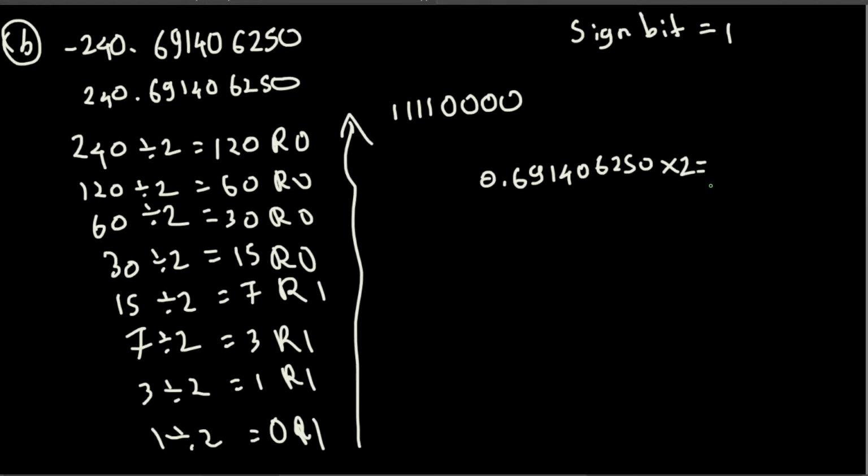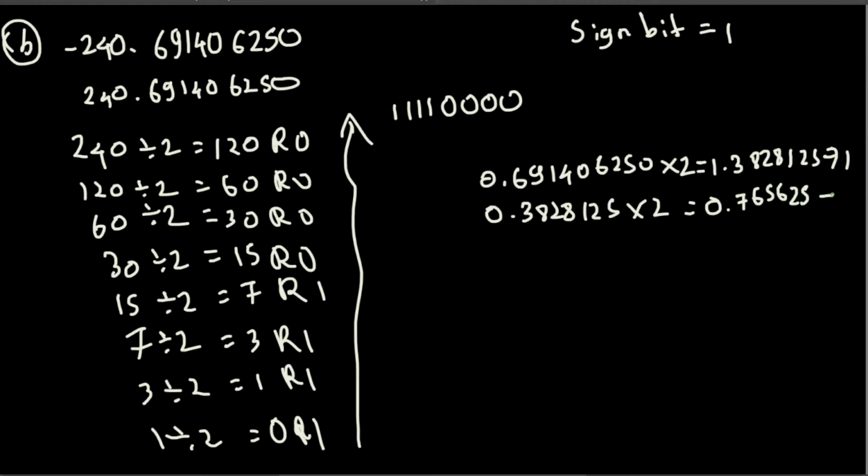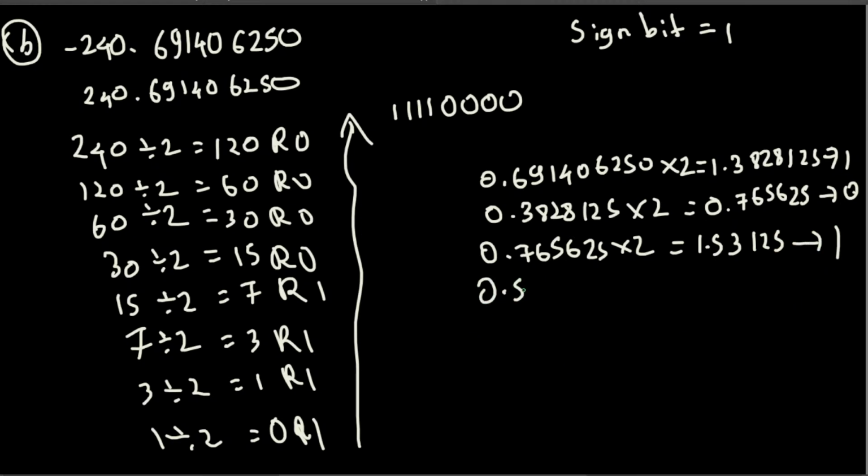If I multiply this one by 2, that gives us 1.3828125. Since we have 1 in front, we put it right here, and then 0.3828125 multiplied by 2, that gives us 0.765625, and here we have 0 in front, and then 0.765625 multiplied by 2, that gives us 1.53125. Here we have 1 in front, we put it right here, and then 0.53125 multiplied by 2, that gives us 1.0625. Here we have 1 in front, we put it right here, and then